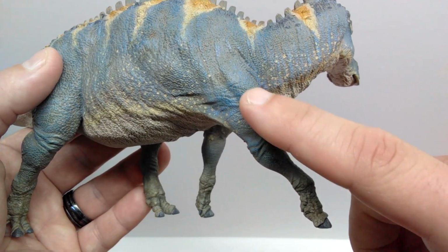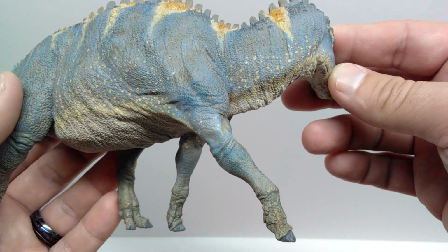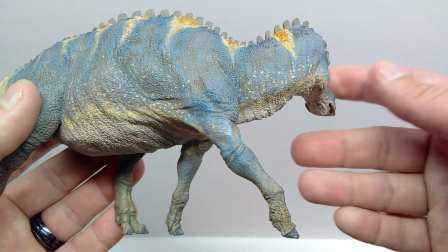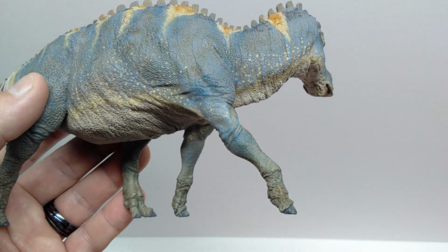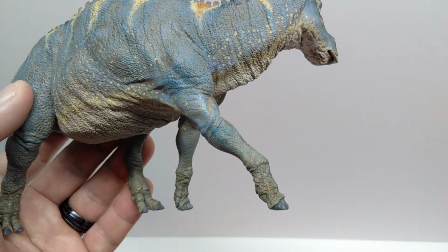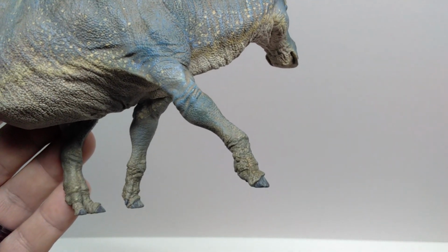You could see the muscles tensing and everything throughout the entire figure here with this front leg. It's just showing off that movement in such an insanely realistic way. It honestly looks like a living, breathing animal here, just walking or attempting to walk while I hold it here before me. As you continue to lead down that front leg, you can see some very nice muscle definition